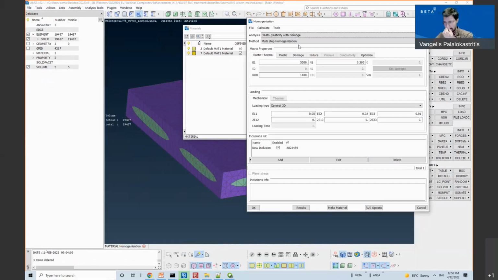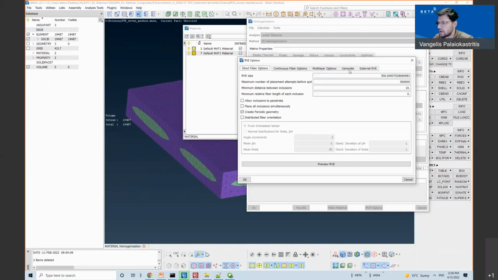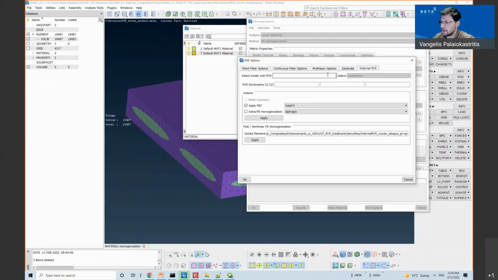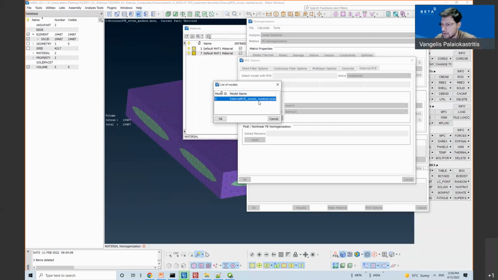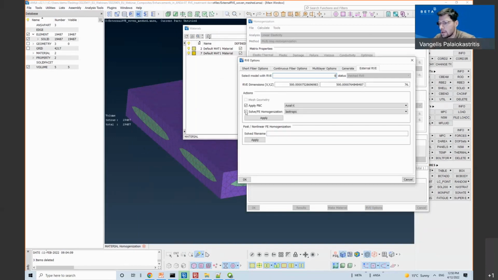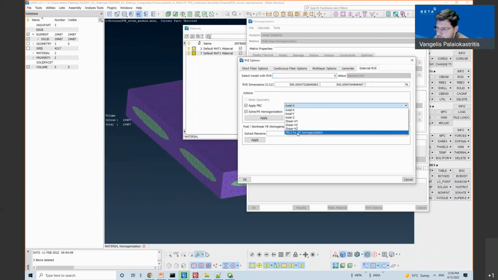So I can attach an external RVE again. And this option for solve and FE homogenization is also available.